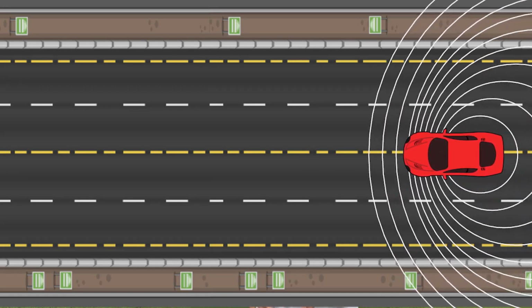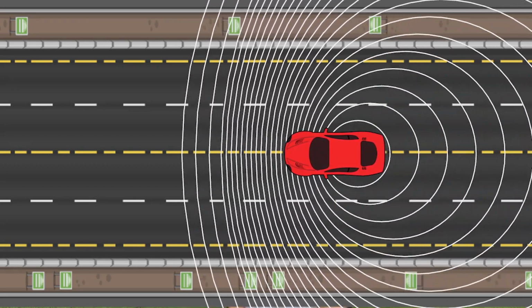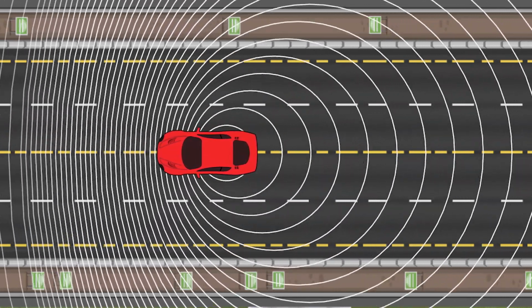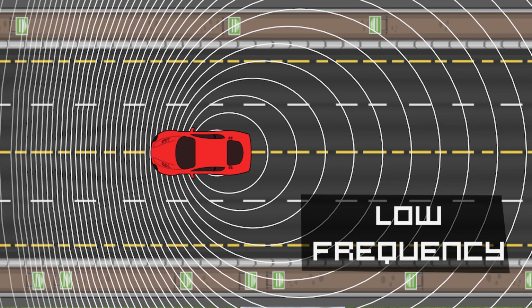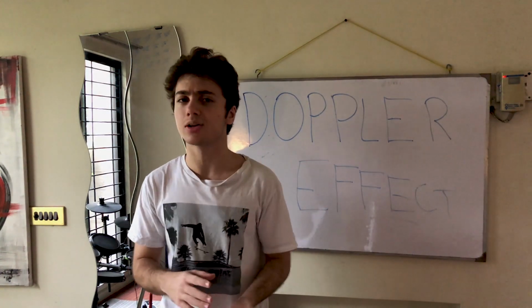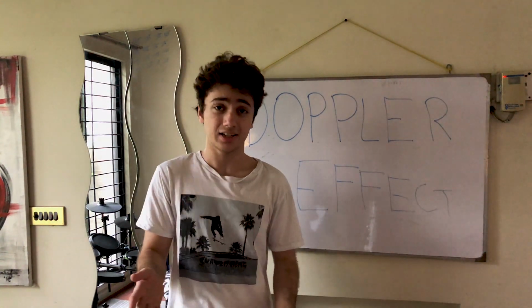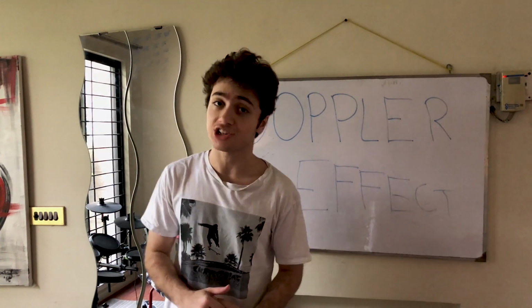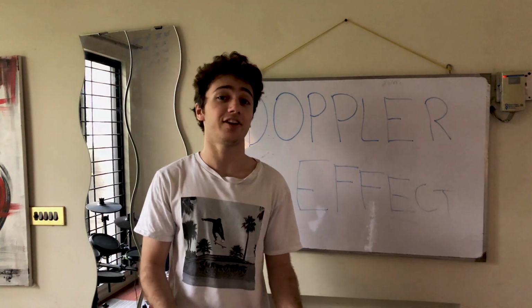What happened was the sound had a higher pitch when it was coming towards us, but had a lower pitch when it was going away from us. This is because when the car is moving towards us, the sound waves are bunched up together and are closer, meaning they have a higher frequency and thus a higher pitch. But when they're going away from us, the waves are spread apart and thus have a lower frequency and a lower pitch. The interesting thing about this phenomenon is that it doesn't apply to only sound waves, it applies to all waves, including light. That's one of the reasons we were able to figure out that the universe is expanding, because stars emit light. So using the phenomenon, we can tell what the momentum of the stars actually is. And that's basically the effect in a nutshell.